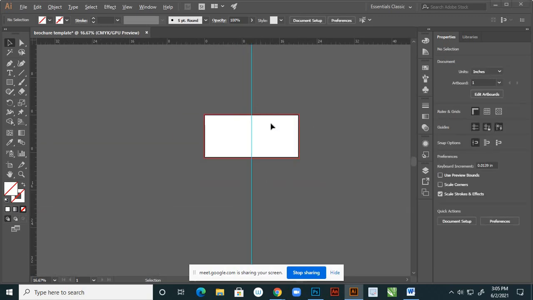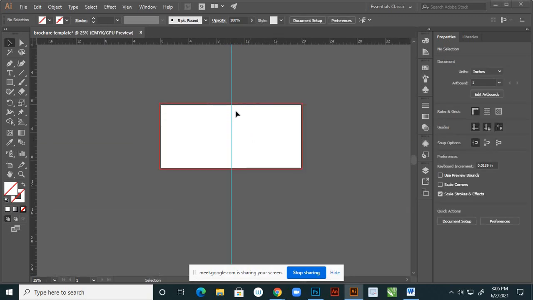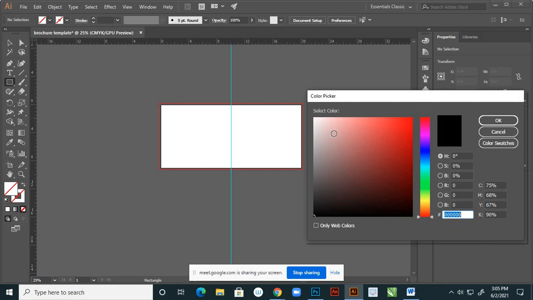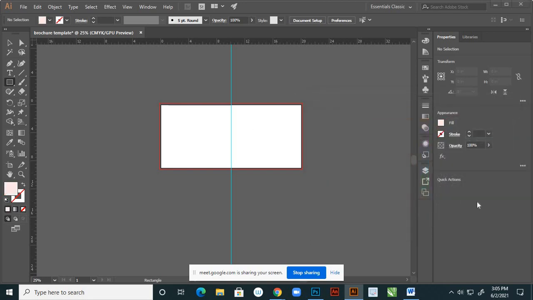Okay, so divide with some color. I'm taking a light color to understand those pages. So I'm using this one, right? Here it is 1.